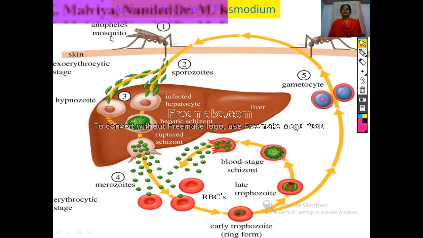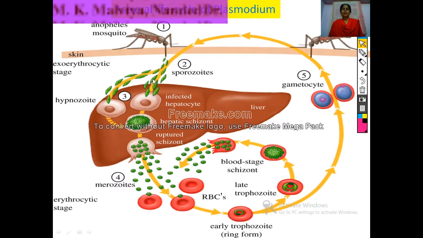A female Anopheles mosquito bites the human being, the man, which is the primary host. At that time, the mosquito sucks the blood and secretes an anticoagulant with the help of its saliva. The mosquito has thousands of malarial parasites in its salivary gland, and with the help of saliva, these thousands of sporozoites, which are microscopic parasites, then pour into the